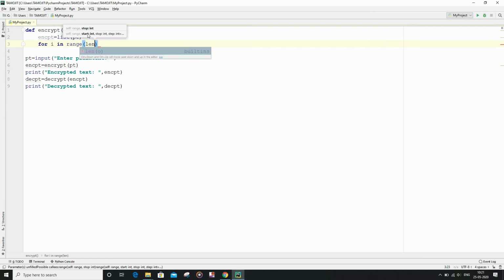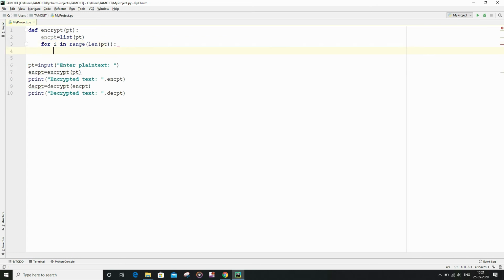So it is going to run len of plain text times, which is basically the length of the plain text string variable. And after that, I am going to convert each of the characters in the list into the integer equivalent or their ASCII values.